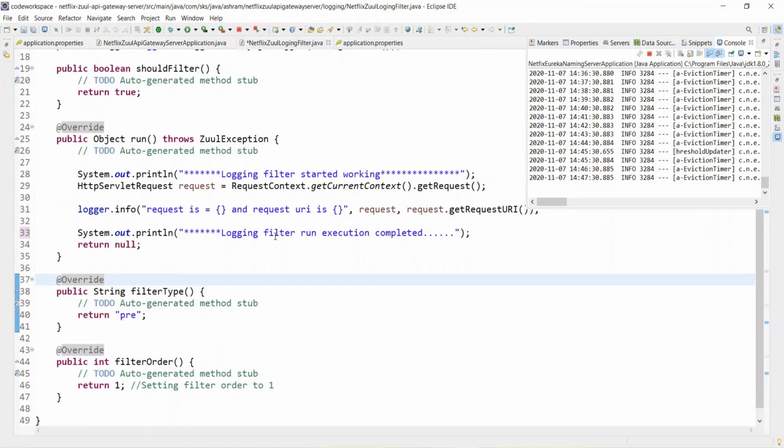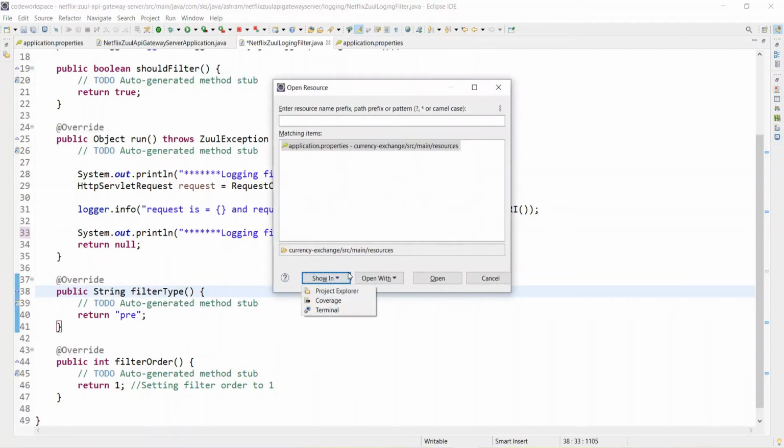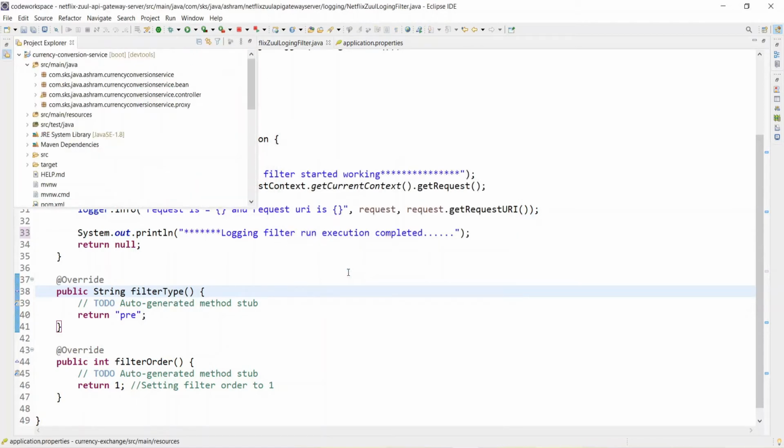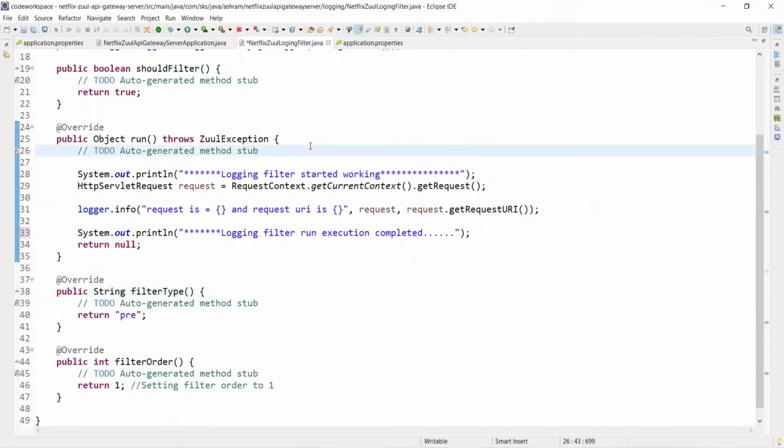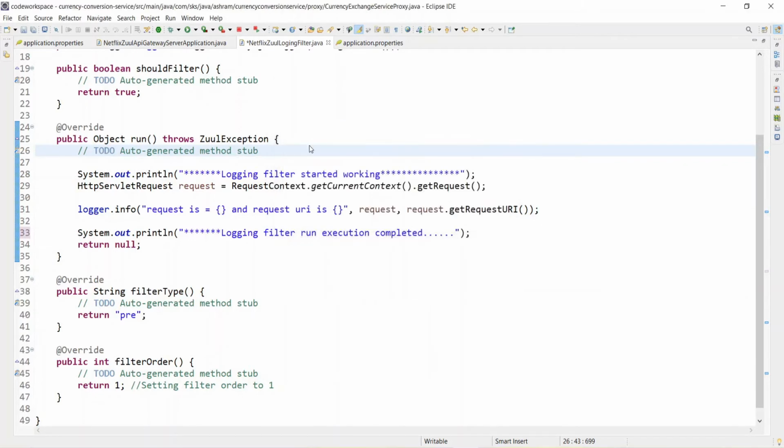So let's see this. First you need to press Control Shift R and find the proxy class that we wrote in the currency conversion service. Currency exchange service proxy.